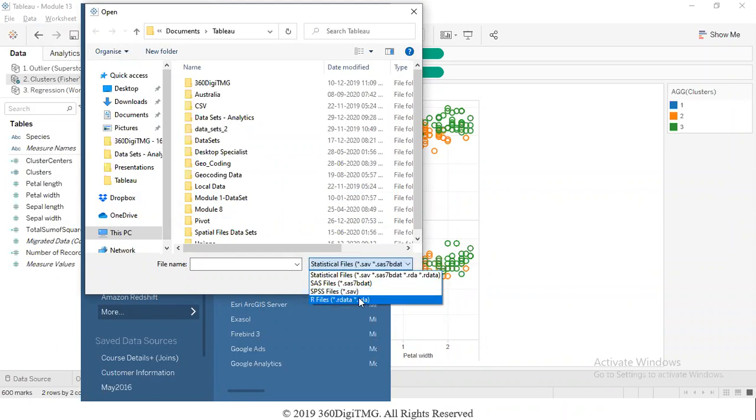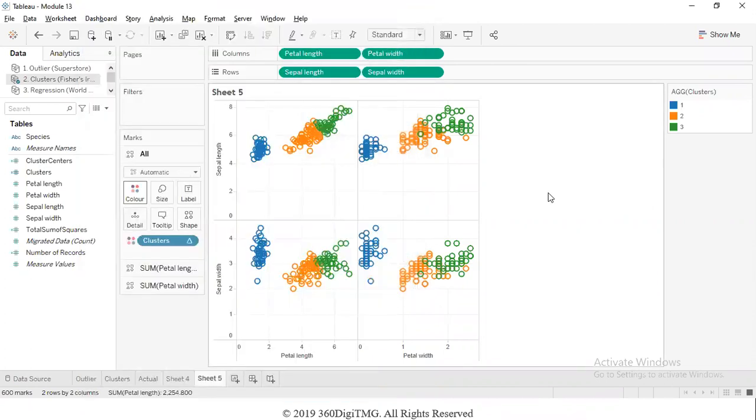Now I don't have any R data file, so I'll not be able to show, but you can see that you can directly connect to R data files with the extension .rdata or .rd. So it will work just like it works with any other data, whether it is coming from an Excel or a text file or a PDF file. Similarly, if it is coming from an R data file, we can connect to it. But if Tableau has to send some data to R, then that happens only through calculations. That connectivity is through calculations. R and Tableau connectivity, it happens like this.